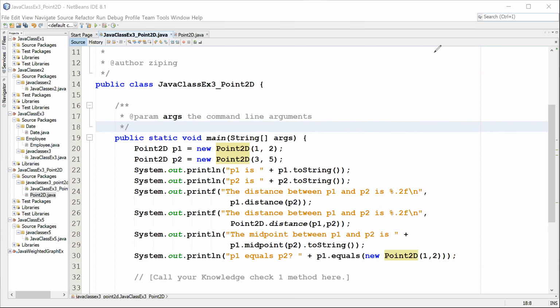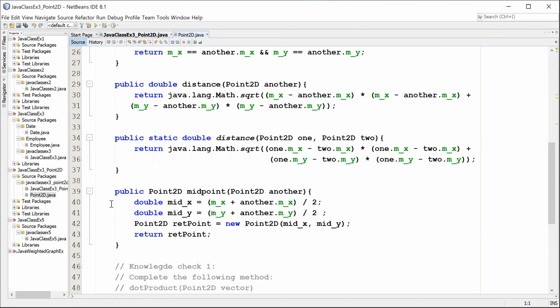And now let's go back here. We discussed that midpoint is an instance method. Now I want you to write a class method of midpoint. How do you write that? Anyone know how to write it? So here the question is,